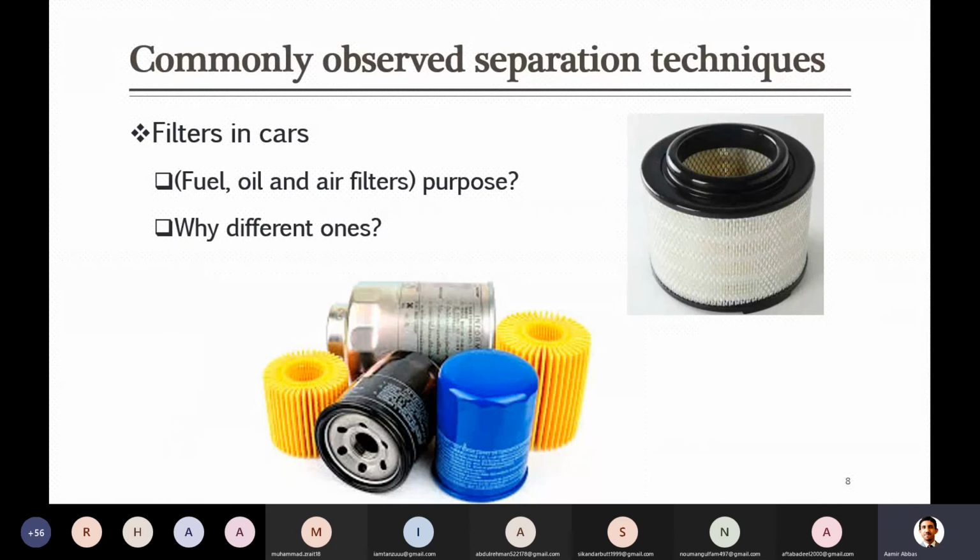So why are they different filters? Why don't we use only one kind of filter everywhere? Sir, I believe oil has different properties. It has different viscosity, and if we use the same filter for different liquids, for example, air has different viscosity. It takes different time and different size of pores to pass through. So if we use a universal filter for all of them, it might affect our useful air and oil as well.